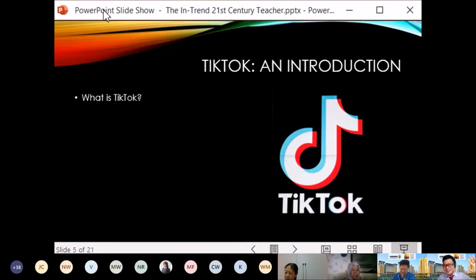What is TikTok? Now, TikTok is not just some crazy social media app that is for crazy dance moves, or for in trend, for stupid stuff. No, it's not. It's actually a video sharing social application. It's like Facebook, but more video based. It's like YouTube, but shorter. I would say a mini YouTube, a minier, funnier version of YouTube.